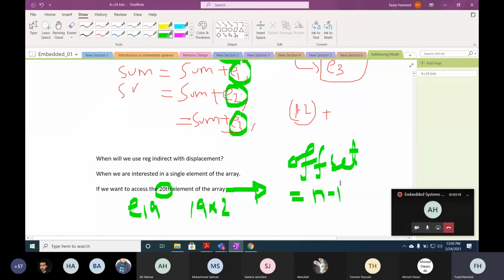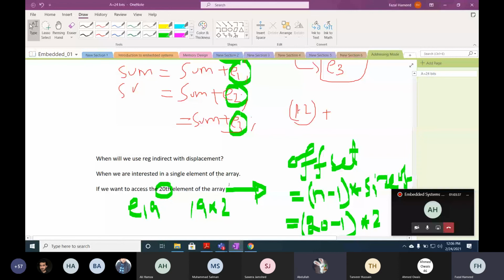The offset will be n minus 1 multiplied by the size of the element. What is n in this example? The 20th element, so 20 minus 1. And the size of the element is 2.